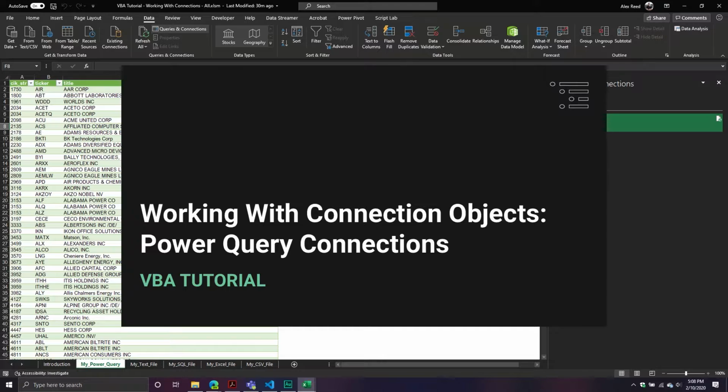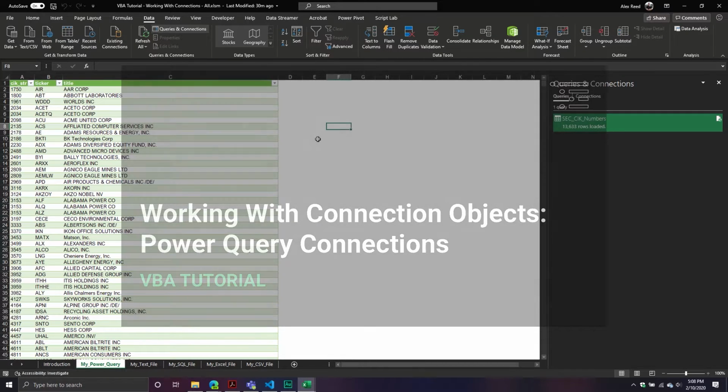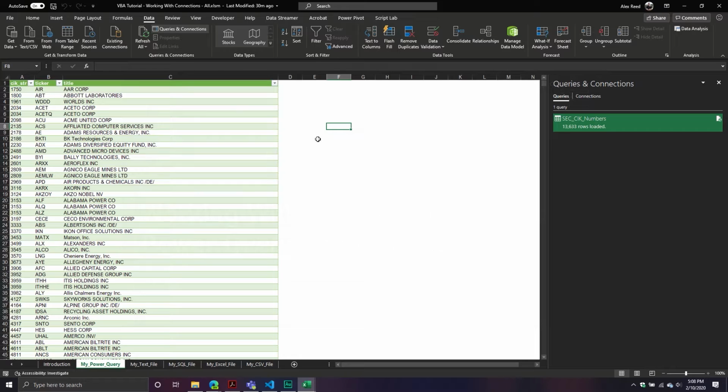So today we are going to keep talking about the connection objects that we have access to inside of VBA. In our previous video, we worked with the Workbook Connections collection, which is all the individual connection objects inside an Excel workbook. At this point, I'm hoping that we're relatively comfortable with connection objects, and that we understand what they are, how they work, and how we use them